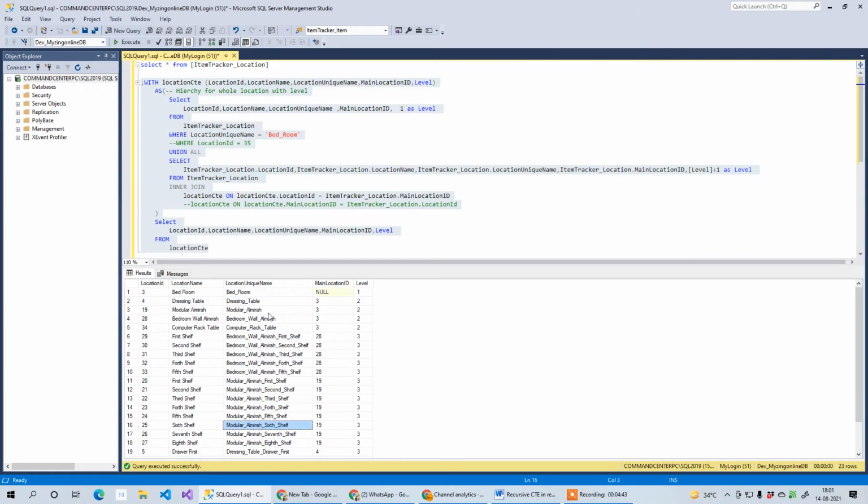But the problem with this approach is when we want to filter only those things which are related to maybe the second shelf, right? So there is no way we can omit things like that, we need to create lots of temporary tables and do some manipulation on them. So in order to avoid all those things, you can use recursive tables in reverse.